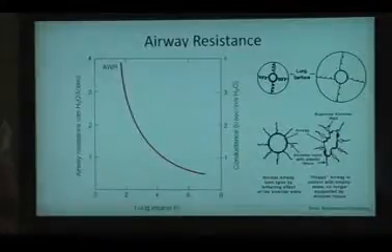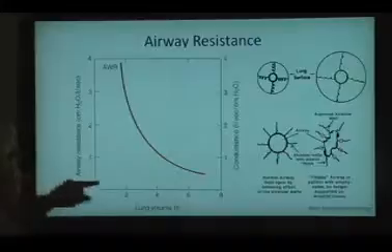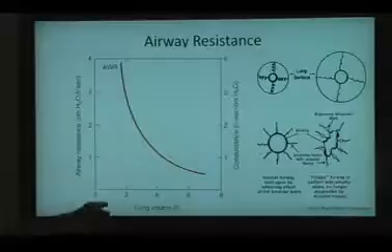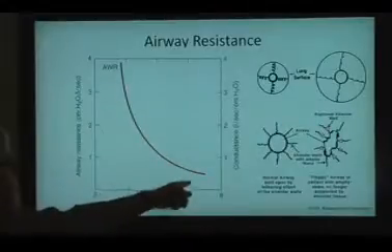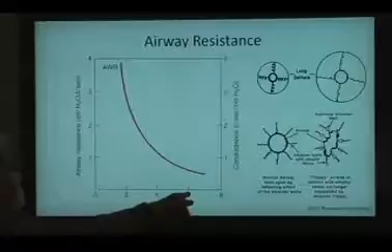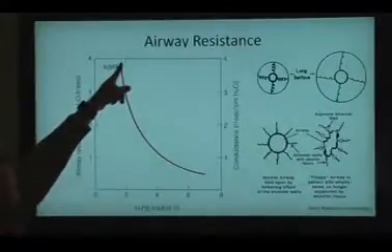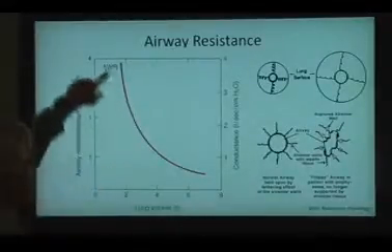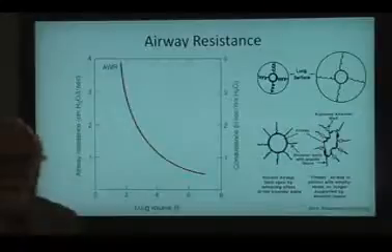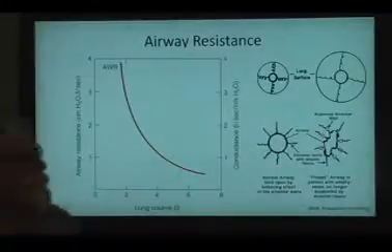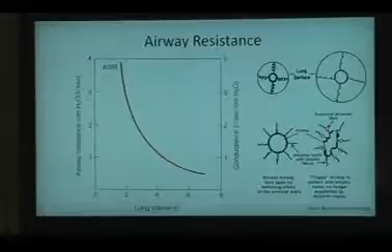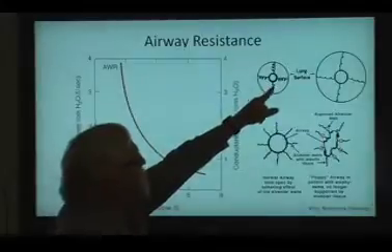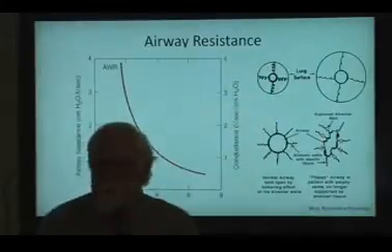Also, it is interesting to note the effect of lung volume on airways resistance. So airways resistance, as you can see here, is low at high lung volumes, and higher at lower lung volumes. So there is this curvilinear relationship between airways resistance and lung volume. So why is that? Well, the reason for that is that the lung parenchyma, represented by these springs, the lung